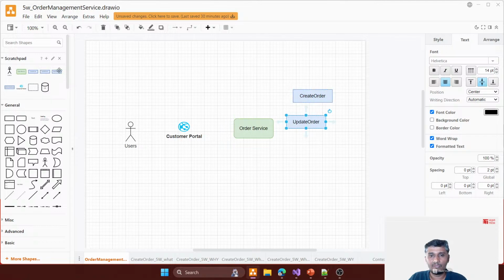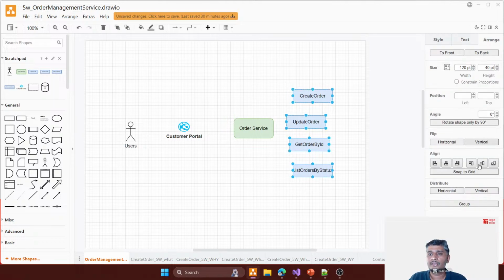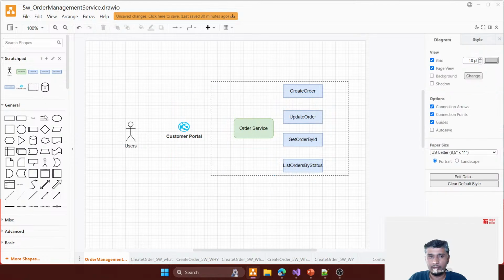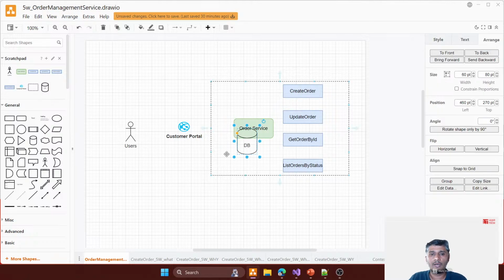We're going to add get order by ID and list the orders, right? So four APIs is the requirement to create. So what I'm going to do is just align this, right? So this is the order services, and let's put them under one block. This is what we're going to build today, and all the APIs are then connected to